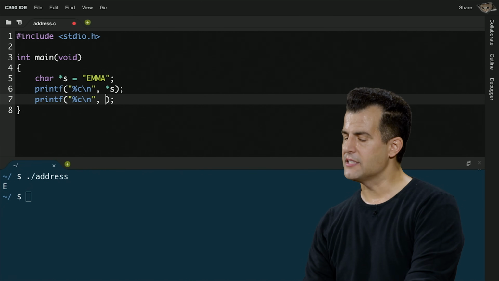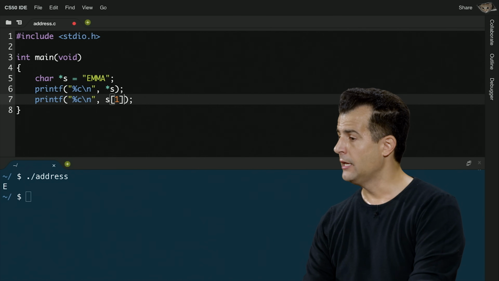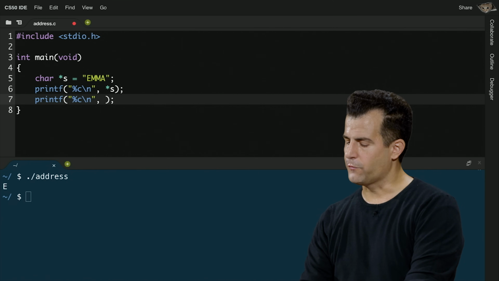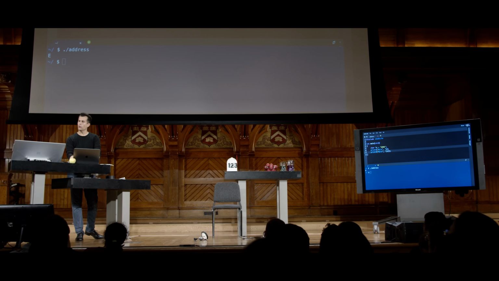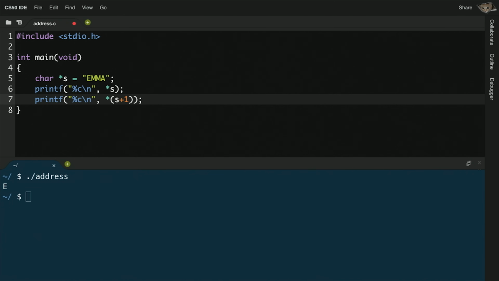So how do I get at the second letter in Emma's name? Normally, like last week, we would have done s[1]. And that just magically gets you to the second letter in her name. But I can do it a little differently. What if I go to s, and then from s, where do I want to go to get the second letter? +1, right? Maybe we can literally just do arithmetic here. If s is the address of her first letter, it stands to reason that s + 1 is the address of her second letter. So make address, now ./address, and I should see EM.